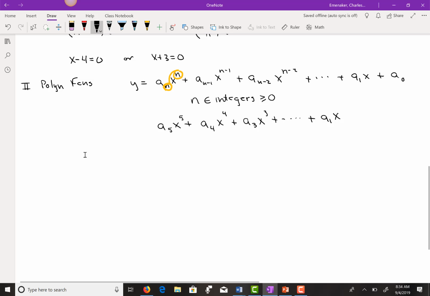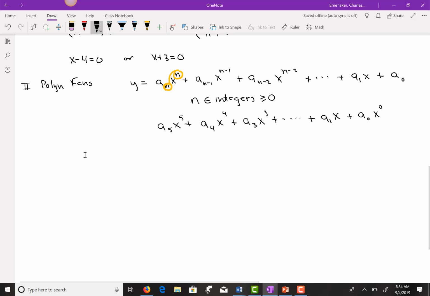Should be a 1, shouldn't it? What is there? If there's not an exponent there, it's understood to be 1. Plus, now here's something sneaky, a sub 0, this really should be x to the 0,